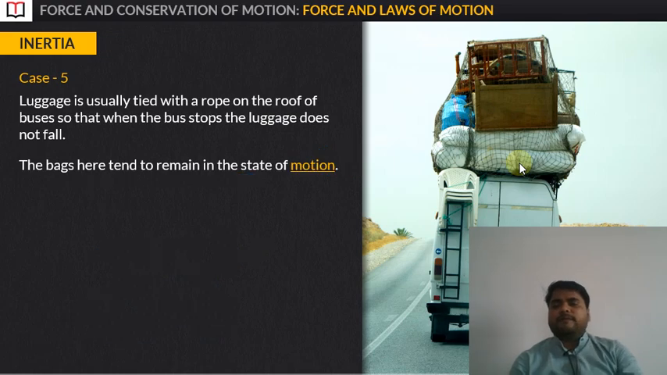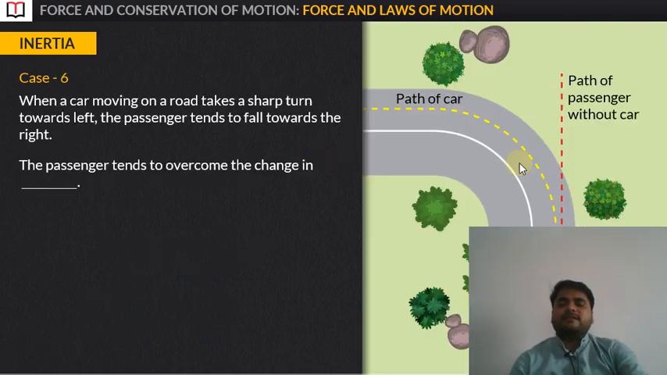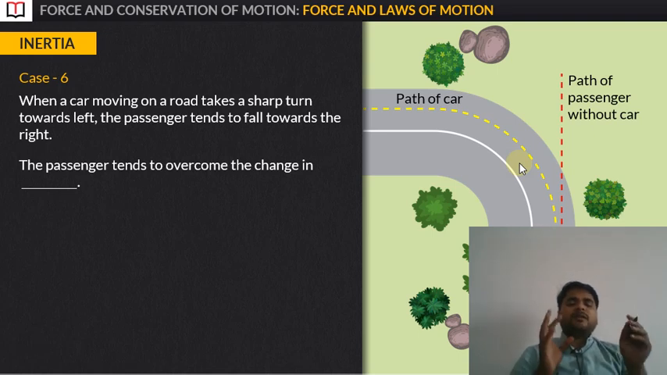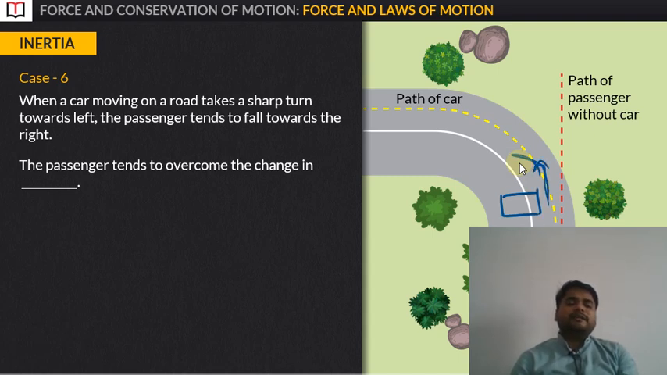Now comes to case 6. When a car moving on a road takes a sharp turn towards the left, the passenger tends to fall towards the right. The passenger tends to overcome the change in direction. So here we can see that the object was in motion. When the object was in motion, meaning the man was in the car, and when it comes to the turn point, then what happened, the velocity of the object was